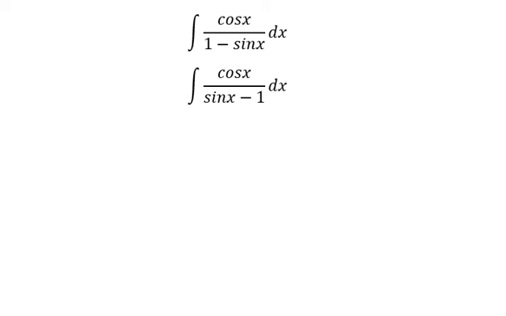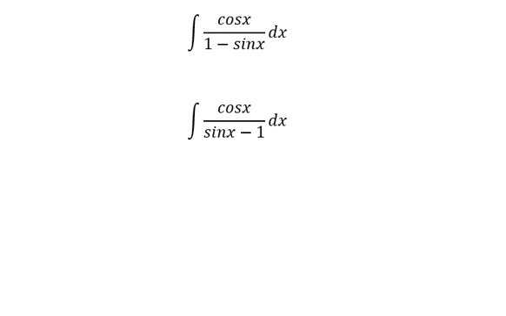Hello everybody, so today I will talk about calculus. The topic today is about integration. So now I will show you how to answer. For the first one, we can use integration